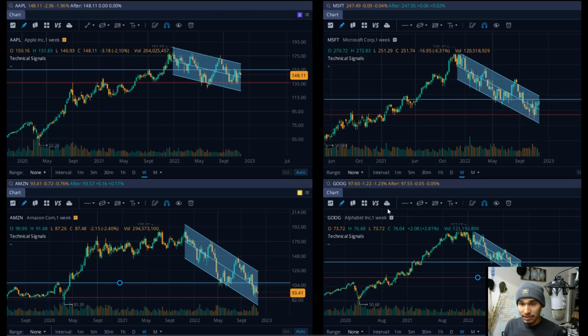Now, to a lot of you guys, this may seem like a buying opportunity, because things are looking cheap. But that's not the way that I see it. I see it as a downtrend, and I should expect some continuation. But the question still remains: at what point should I become a buyer? I have to ask myself this as well, since I'm a swing trader. Even though I'm not an investor and I don't hold positions for any longer than a month, I'm still really attracted to what's going on in the general market, which is the S&P 500. So at what point am I going to become a buyer is what I've been asking myself.